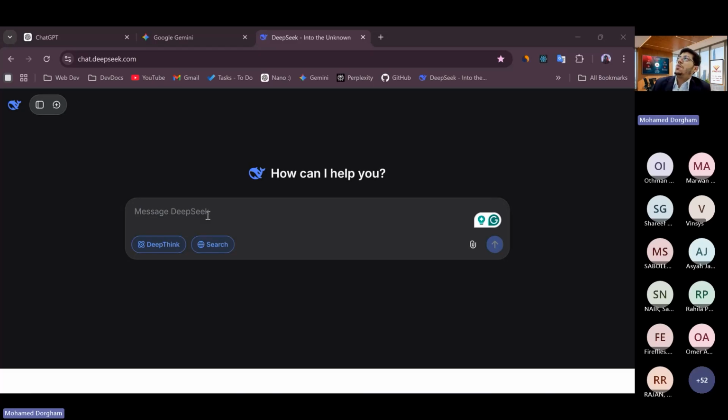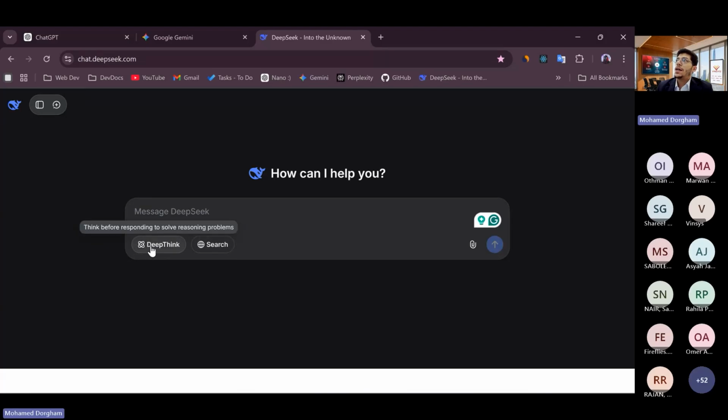Let's explore also the different LLMs or the different AI brains we have in DeepSeek. I can see that I have two different types of DeepSeek. I have the normal version and I have the DeepThink.